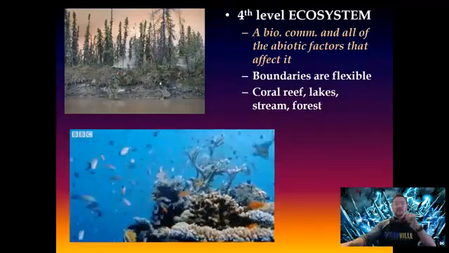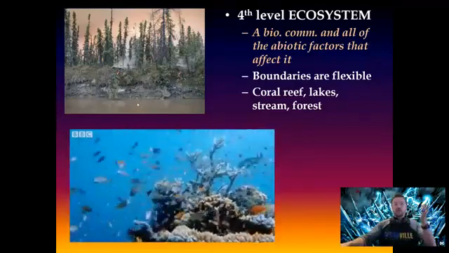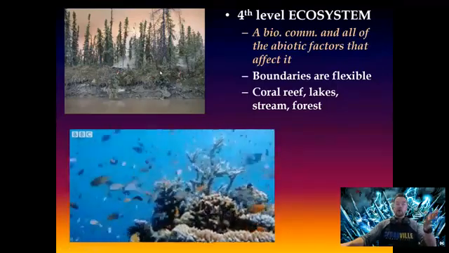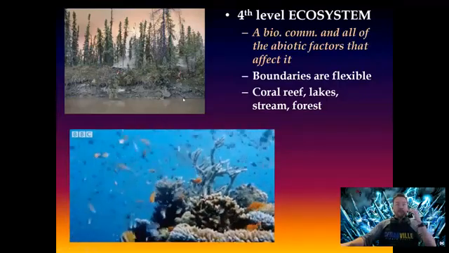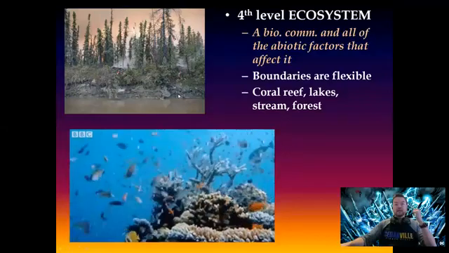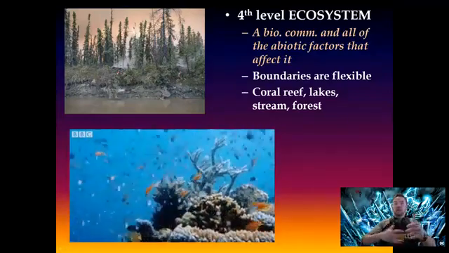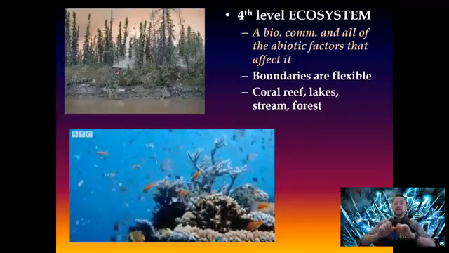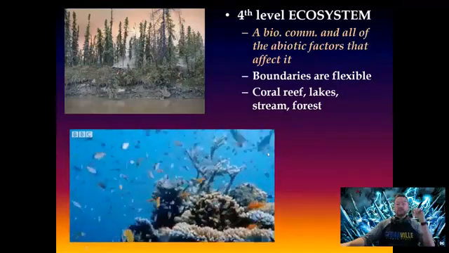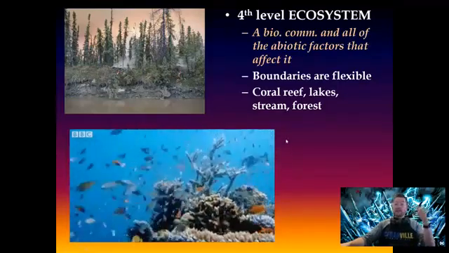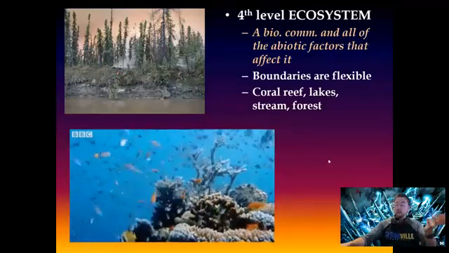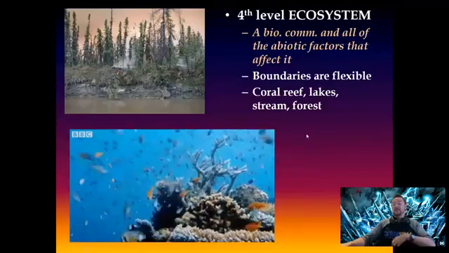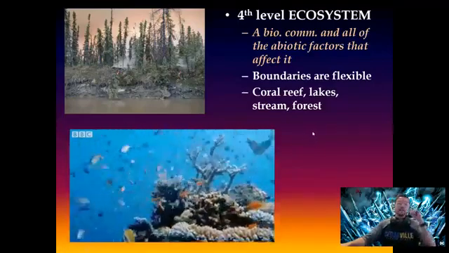If you look at this picture of the forest next to some type of waterway, well, there are organisms that can go from the water to the forest and then back again. And you would think that this shoreline here is the boundary, but does that boundary belong to the body of water or does it belong to the forest next to it? Boundaries can be flexible. Other examples of ecosystems are coral reefs, lakes, streams, forests, even the inside of your body can be an ecosystem. You house trillions of bacteria inside your gut. So you are, in fact, an ecosystem to them.